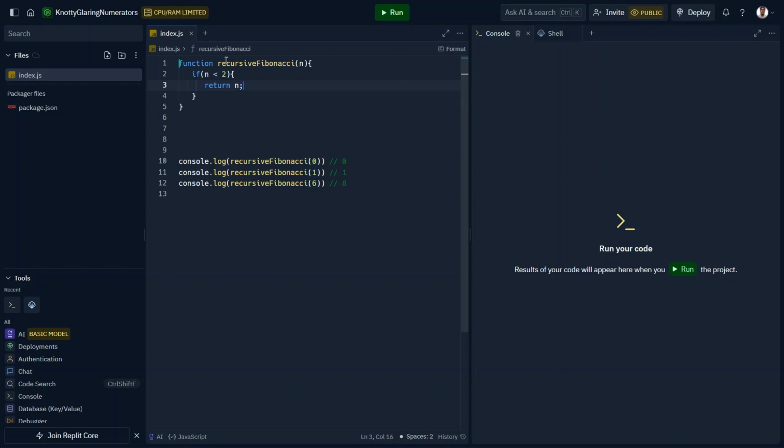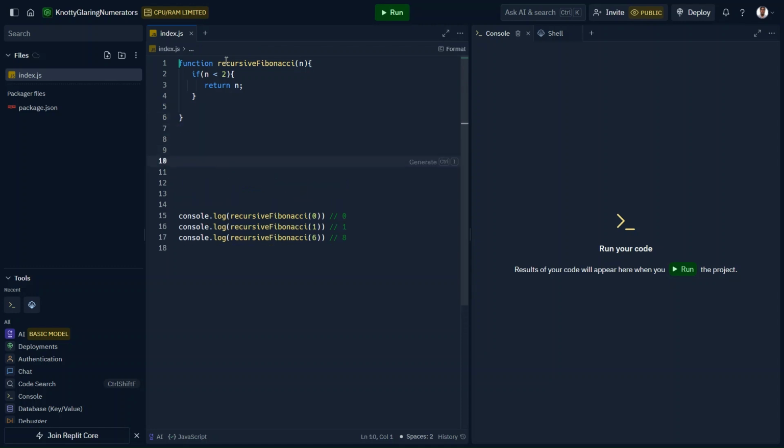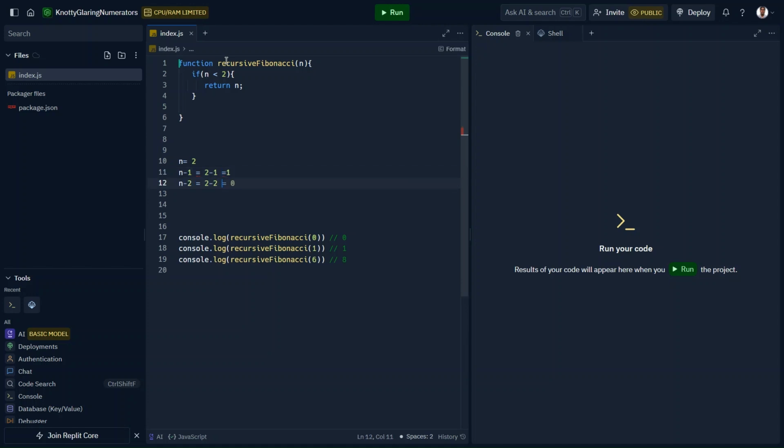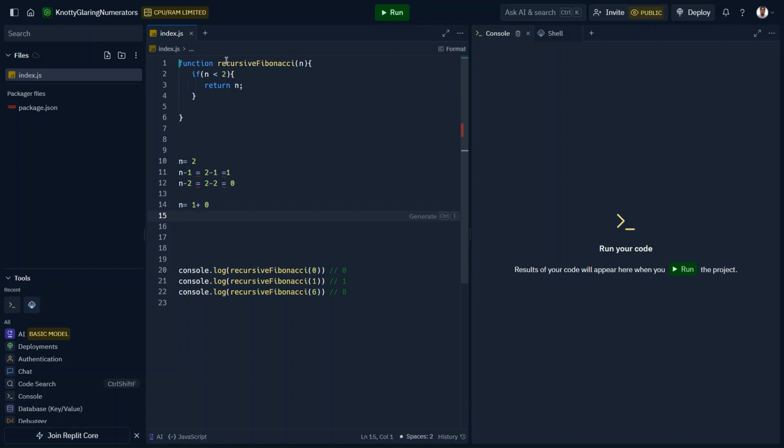Else, what we have to do is divide the value. If n is equal to 2, then we have to make n minus 1, which is 2 minus 1, which is 1, and n minus 2, which is 2 minus 2, which is 0. So if n is equal to 2, we keep 1 and add 0, so that we can get the value of 2. So we have to insert this case, we have to return